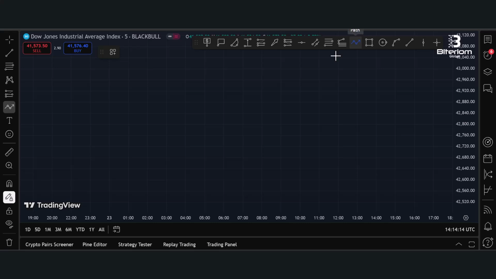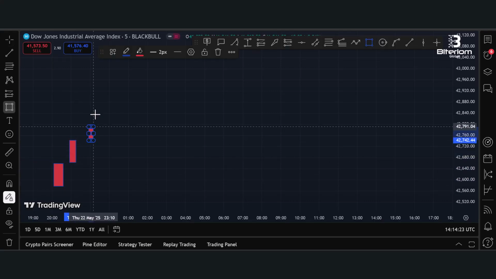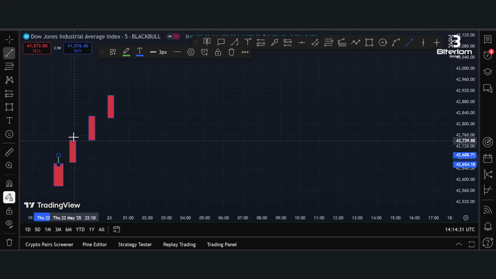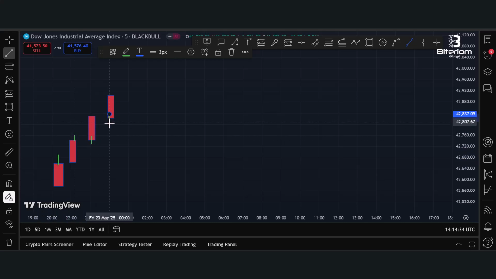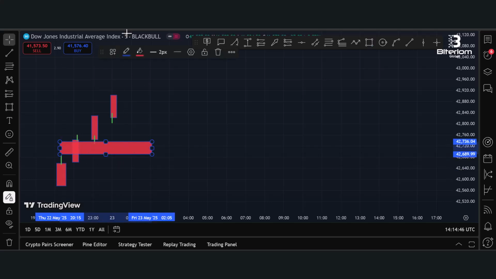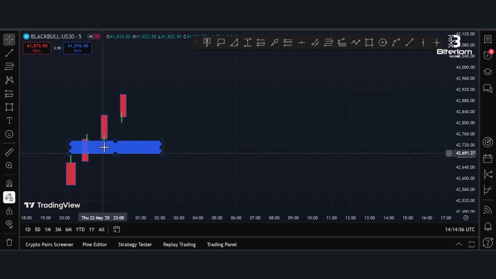For the first thing about this strategy, we want to see one spike leg like this candle, guys. This spike leg must have an FVG like this leg. Here you can see we have a space between the highest of this candle and the lowest of the third candle. After that, we want to see this spike leg make higher lows, guys. You can see we have a higher low than the previous candle, a higher low than the previous candle, a higher low than